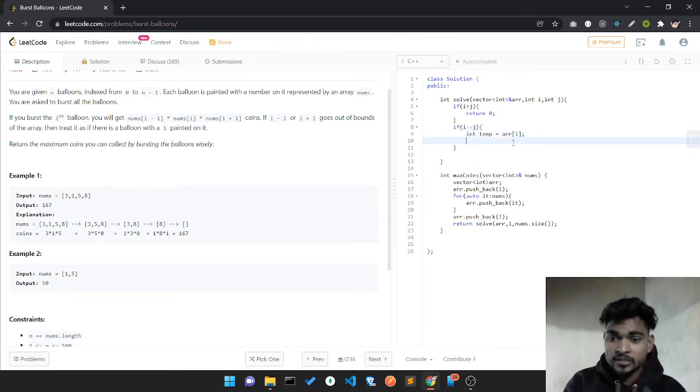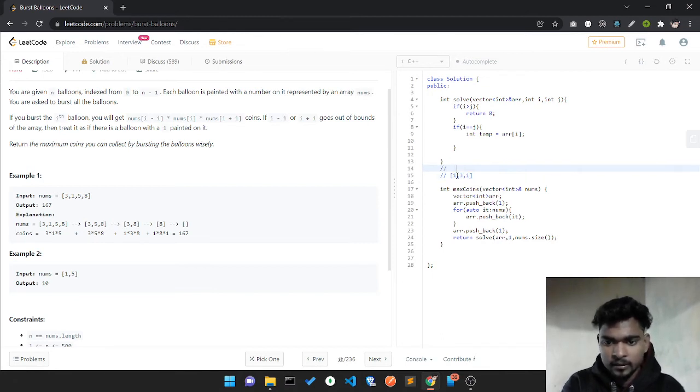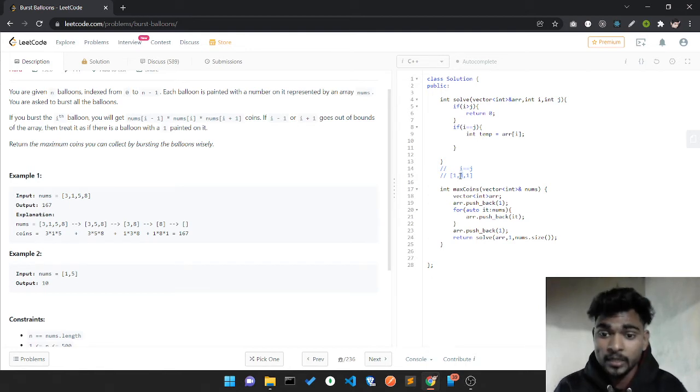If I have only one element, let's say this 3 is my element, I'll add one extra on this side and one extra on this side, and i is pointing here and j is also pointing to that same index. So there is only one element in that case.